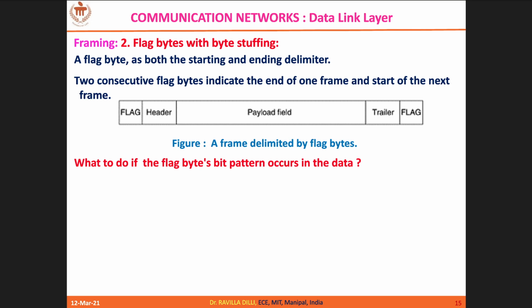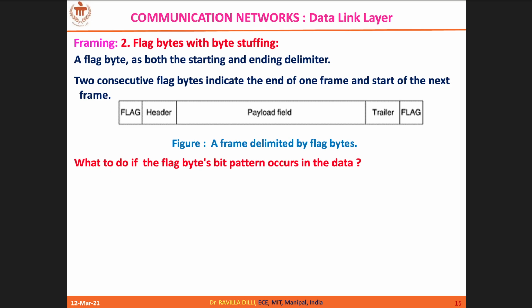So this flag, FLAG, I am putting here, but at the end of the day, what is this? It is a matter of bit stream. In reality, it is a bit stream. Flag is a bit stream. That is what I told you, 0610. That is 1 byte, and that indicates a flag. Fine. So if this 0610 is a part of the payload, then how are we going to handle it?